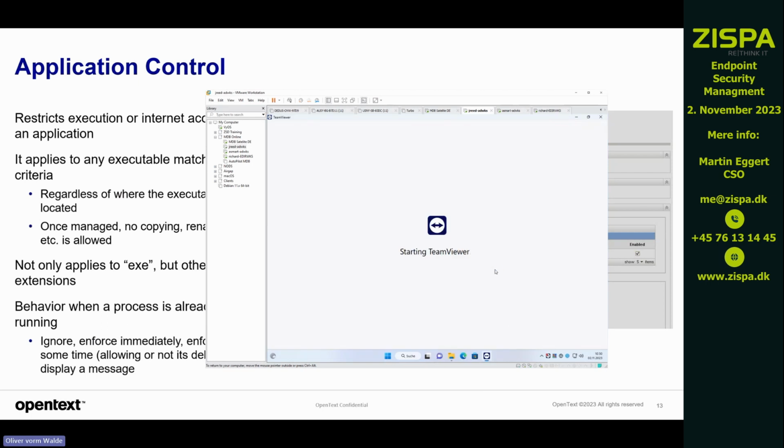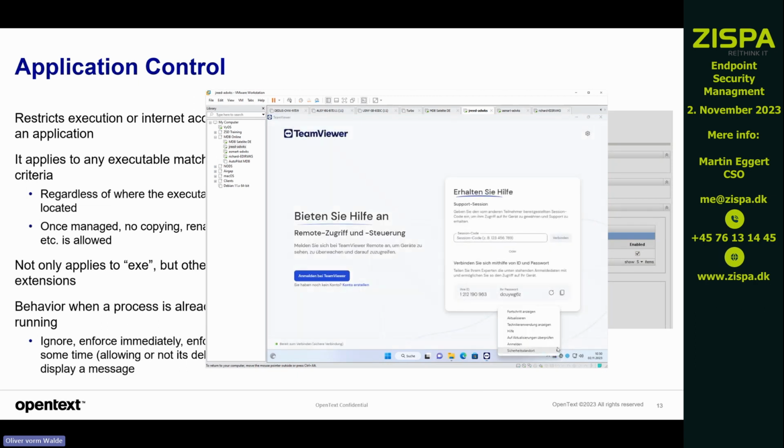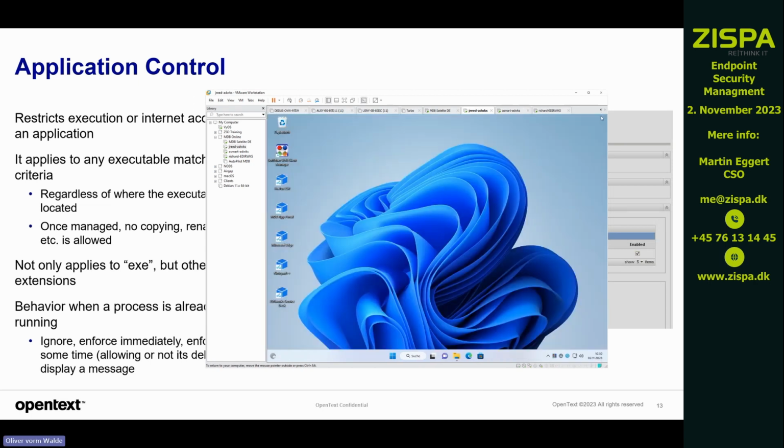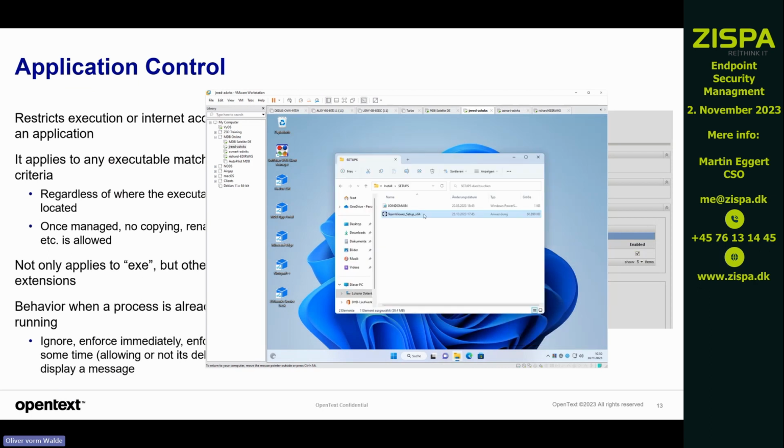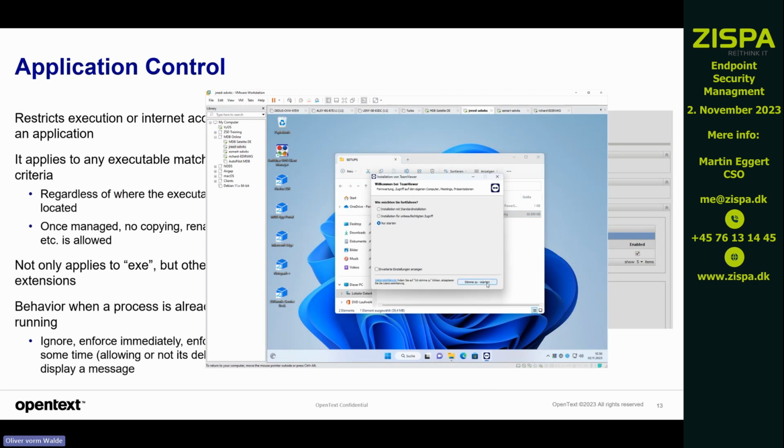And my TeamViewer is starting. That's because I'm here in an unknown location, and in that unknown location I'm allowed to use TeamViewer. And when I now switch my location to a different one, like my home office, it tells me that I have now switched to another location. And when I now start TeamViewer,